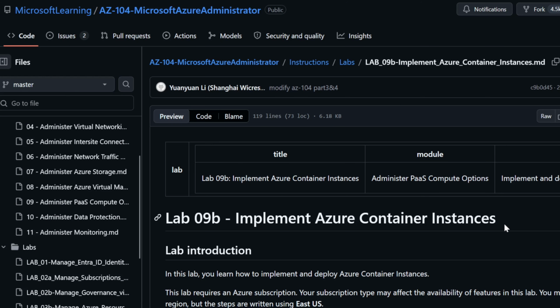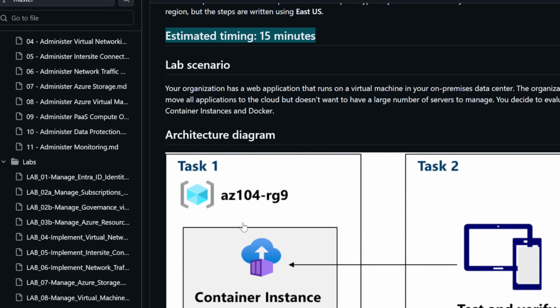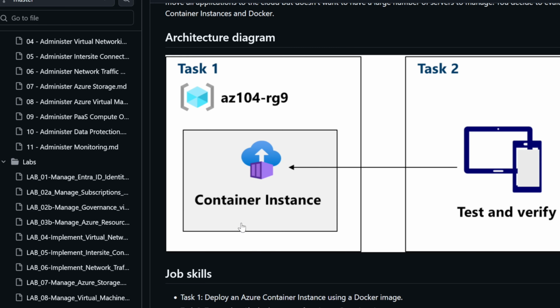This is probably the most important mindset shift of all. AZ-104 is not asking whether you can study Azure. It's asking whether you can think like someone responsible for implementing, managing, securing and monitoring Azure resources. That means thinking in terms of control, risk, scope, simplicity, security and operational outcomes. So when you read a question, instead of asking, what did that module say, you need to start asking, what would make sense in a real Azure environment?